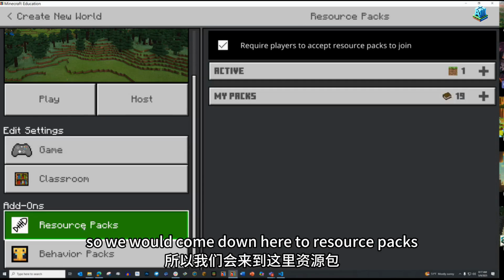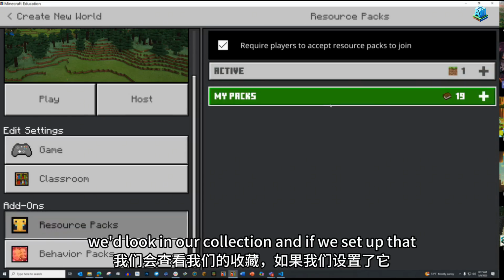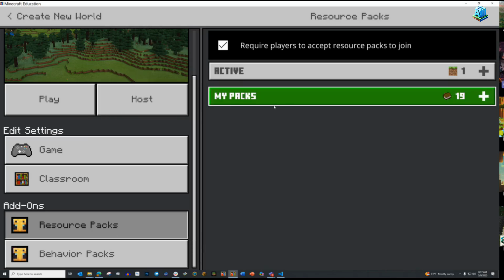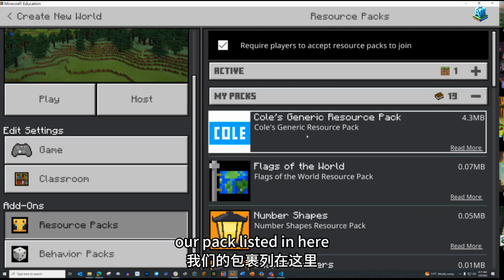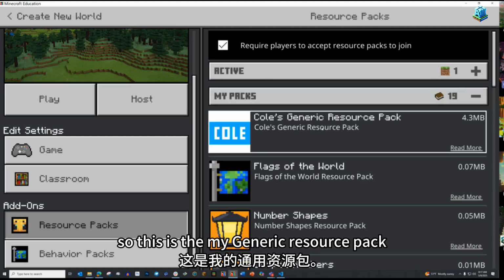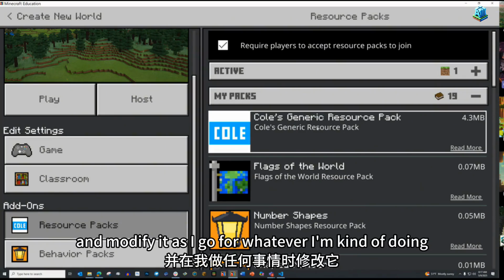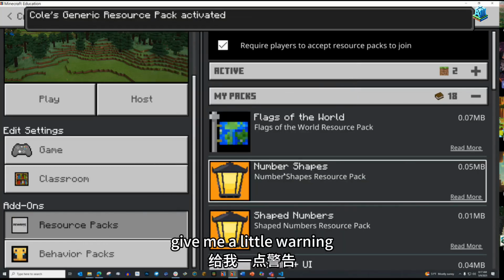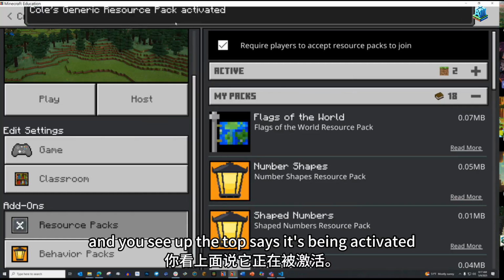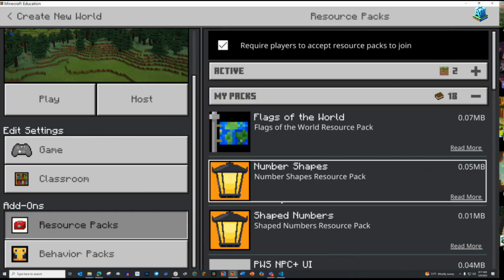So we would come down here to resource packs. We'd look in our collection, and if we set up that file correctly, right, we're going to have our pack listed in here. So this is my generic resource pack. I kind of start with this one a lot and modify it as I go for whatever I'm doing. But I'm going to activate it. It's going to give me that little warning,